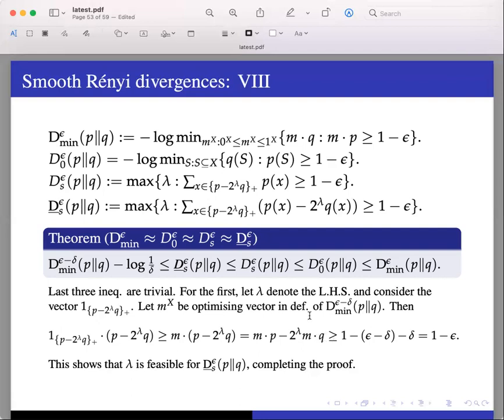Again, remember m is the optimizing vector, so m dot q is 2 to the minus this D min quantity, D min epsilon minus delta. That is m dot q. And what is lambda? Lambda is this quantity. If I multiply the two, I will get in the exponent minus log 1 by delta, which will become